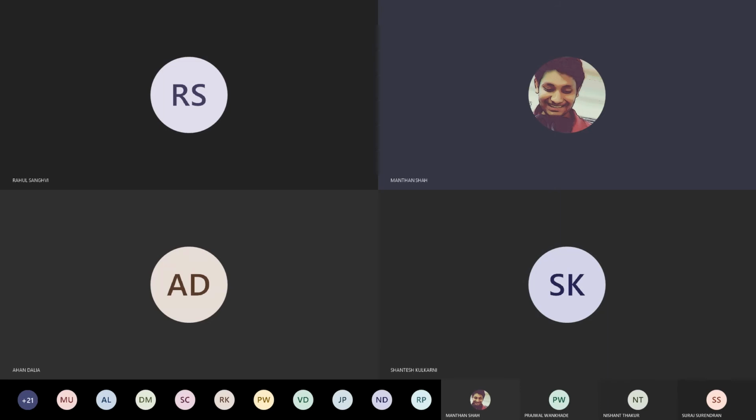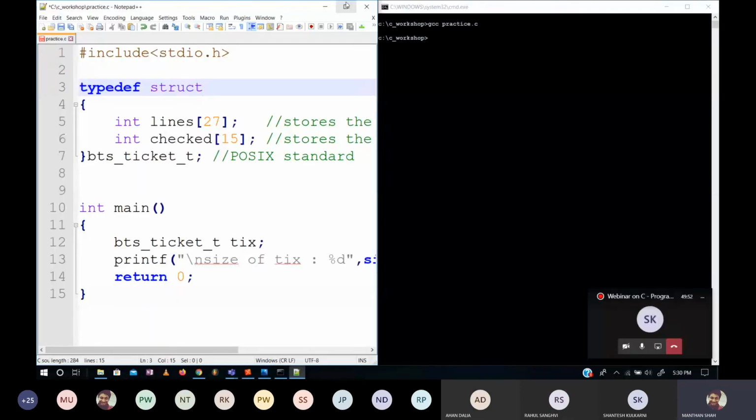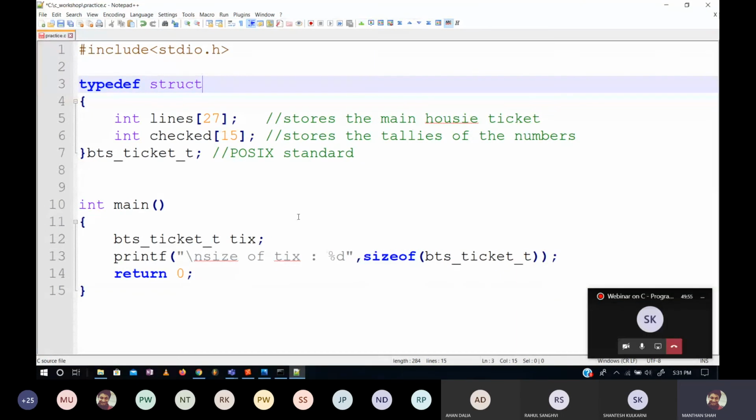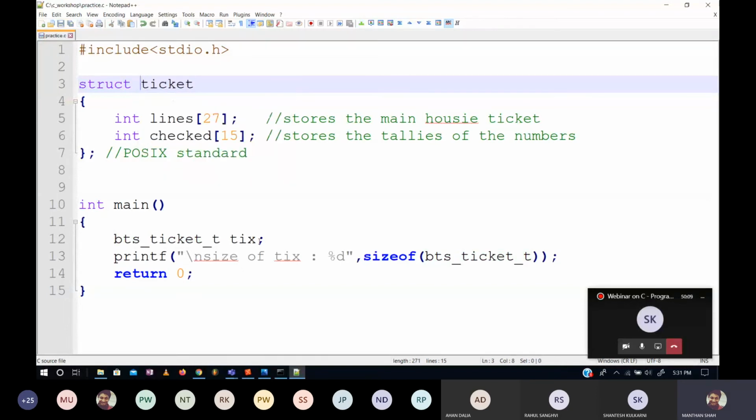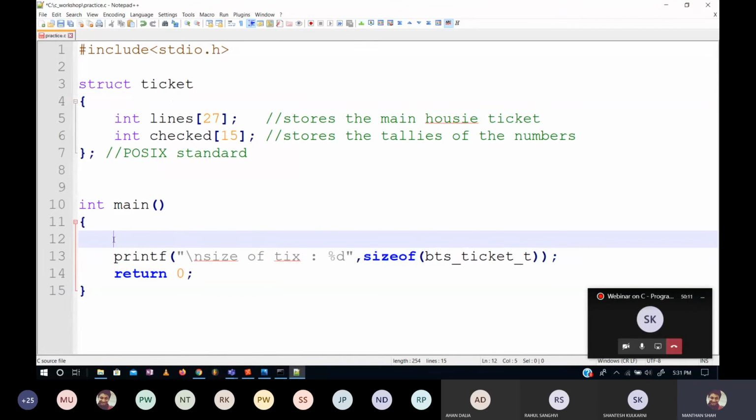There is not much difference. It is only in convenience. Okay, I'll tell you how typedef works. One second. So typedef is a keyword that allows you to kind of alias a data type. All right. I can even write this as struct this thing. Or for convenience, if you want, I can write it as this. But ये थोड़ा kind of standard नहीं होता है. ठीक है. Then तब मैं कैसे लिखूंगा ये struct ticket space text. Okay. और फिर यहाँ पे भी वो change हो जाएगा. Whatever it is.